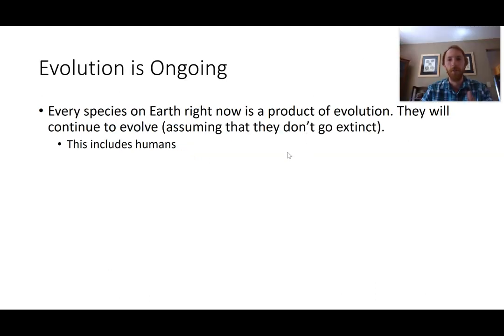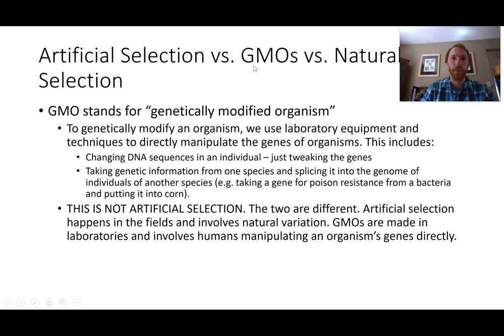Okay, so yeah, just to conclude, evolution is ongoing. Every species, including Earth, right now is going through natural selection. There is this idea that for whatever reason, we have reached the pinnacle of natural selection or of evolution, and that evolution has stopped for every species on the planet. But evolution is ongoing. And one more thing I just remembered, if we go back to artificial selection, natural selection,